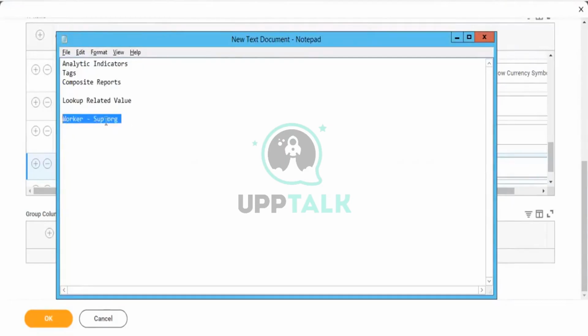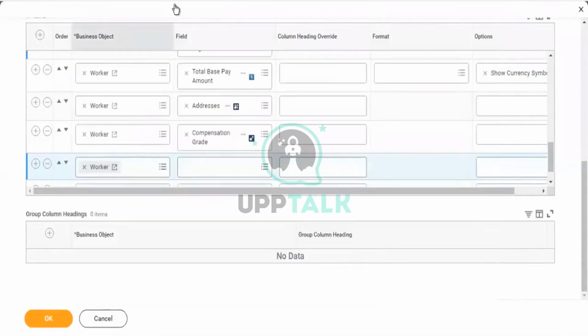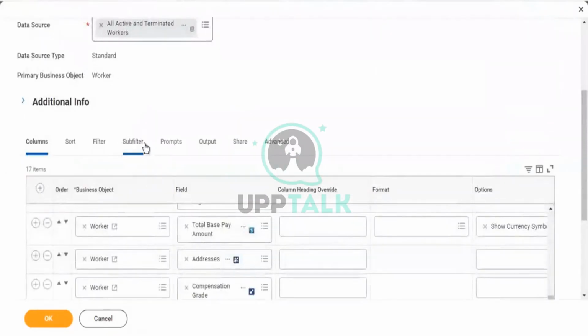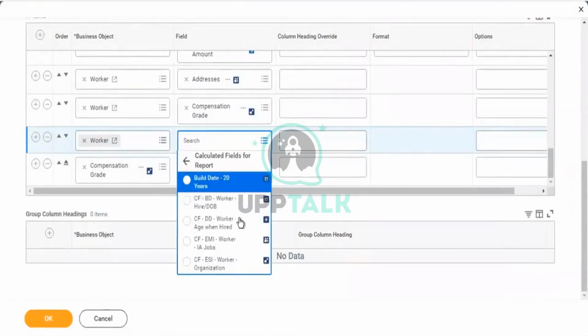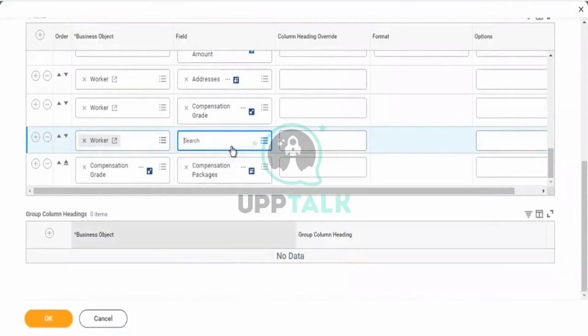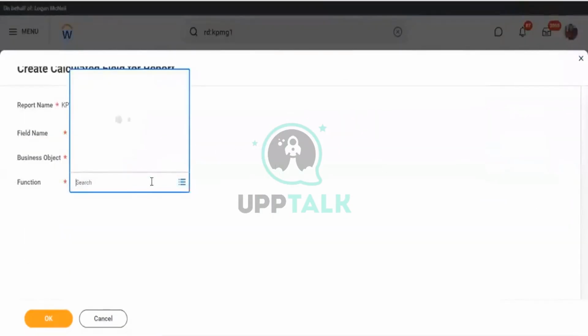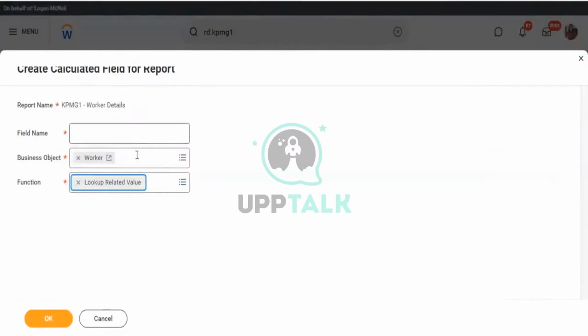This basically allows you to get data from the related business object and pull it onto your primary business object. Once you have done that, because that field is directly tagged to your primary business object, you can directly, for example, use it in your filters instead of having to pull it into your sub-filters. Right, if I come in here, I can create a new calc field or report. And the calc field would be LRV, lookup related value,